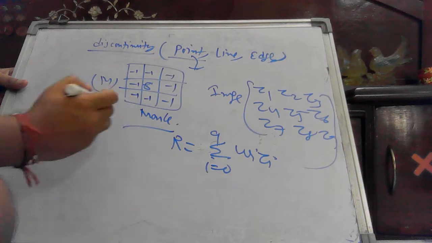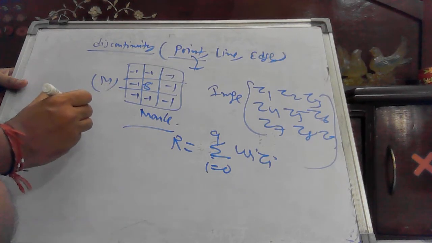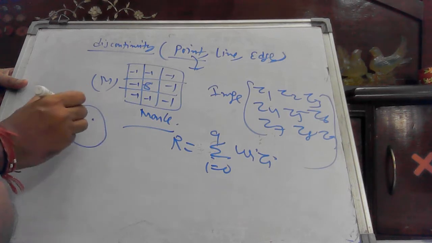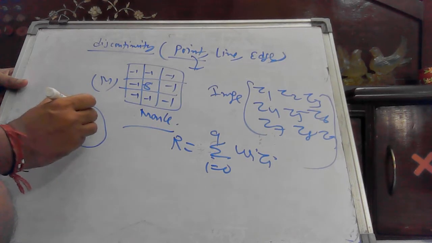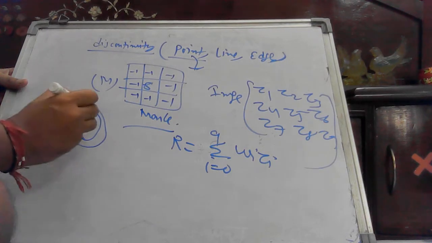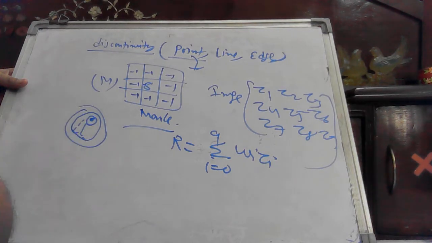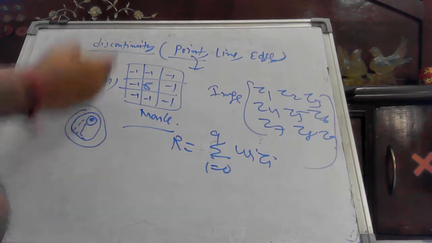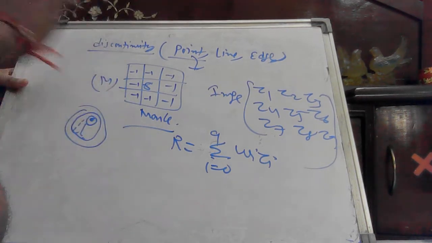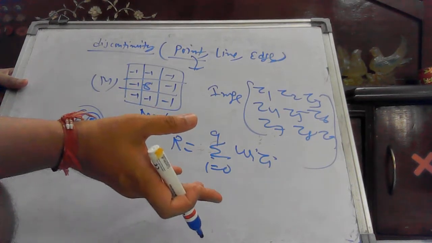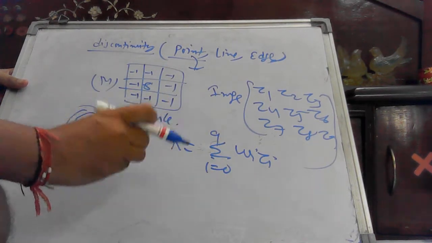Because what is a point in your image? Whenever you are getting a dark area, let's say, and your complete background is white in nature, this is your point. Or in reverse, your complete background is black and you get a white point here. This is also a point. So wherever you get a point, how to detect it? Whenever you are getting an area, you judiciously decide about the threshold, what threshold value will give you a point.